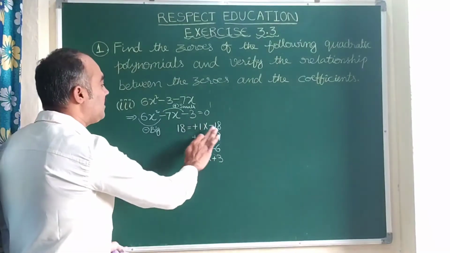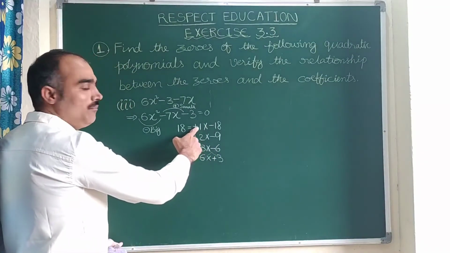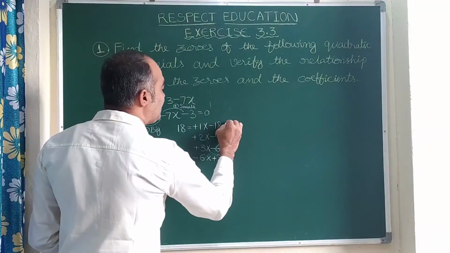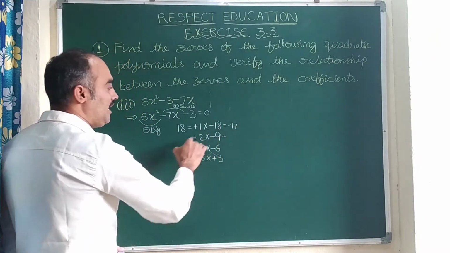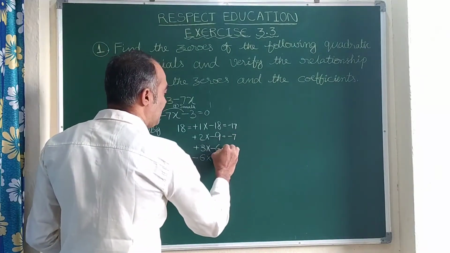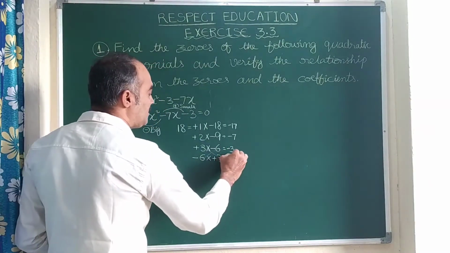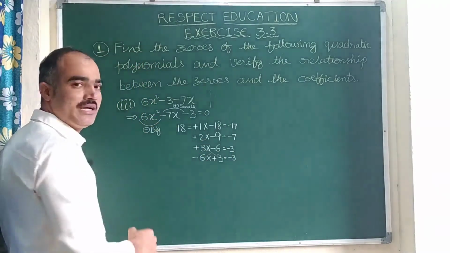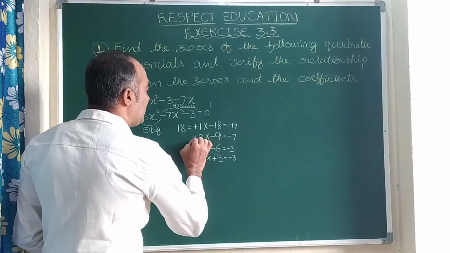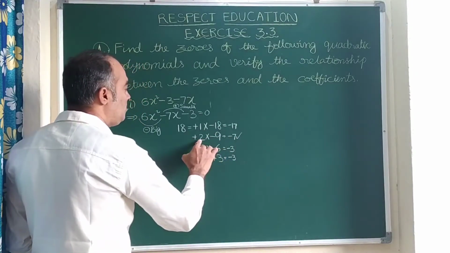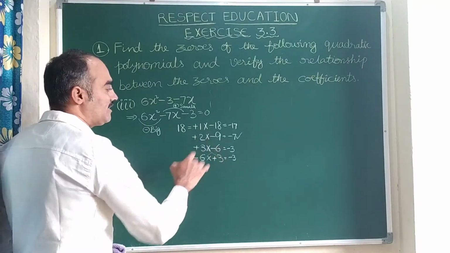Now till here the multiplication work is over. Now we need to see the addition. Minus 18 plus 1 is minus 17. Minus 9 plus 2 is minus 7. Minus 6 plus 3 is minus 3. Check here the middle term with the addition. So here you see minus 7 and minus 7. So this is the right option, means plus 2x and minus 9x. So it can be split as plus 2x and minus 9x.